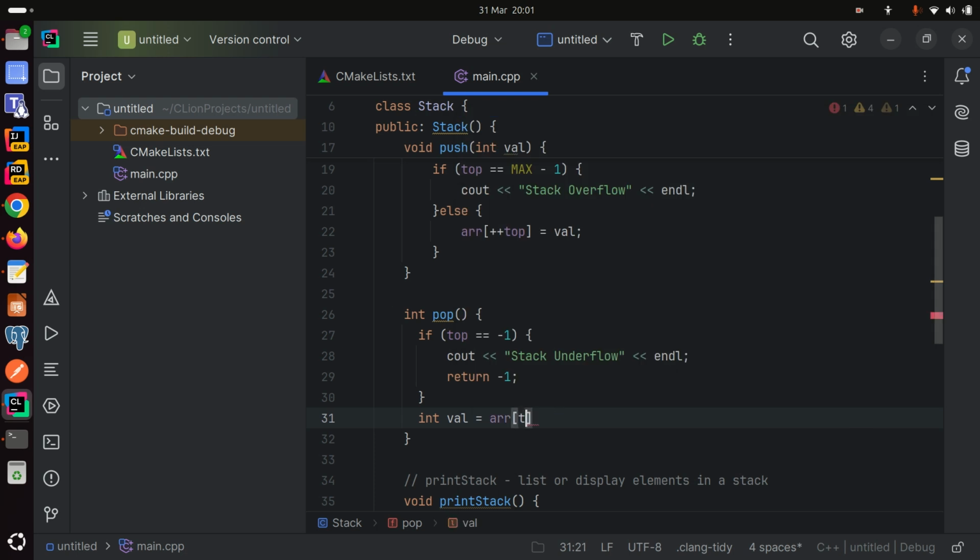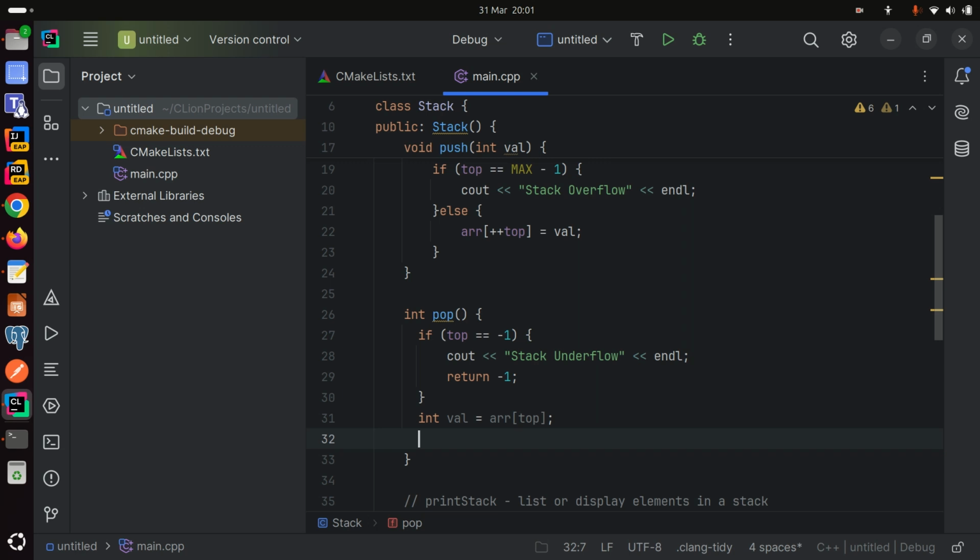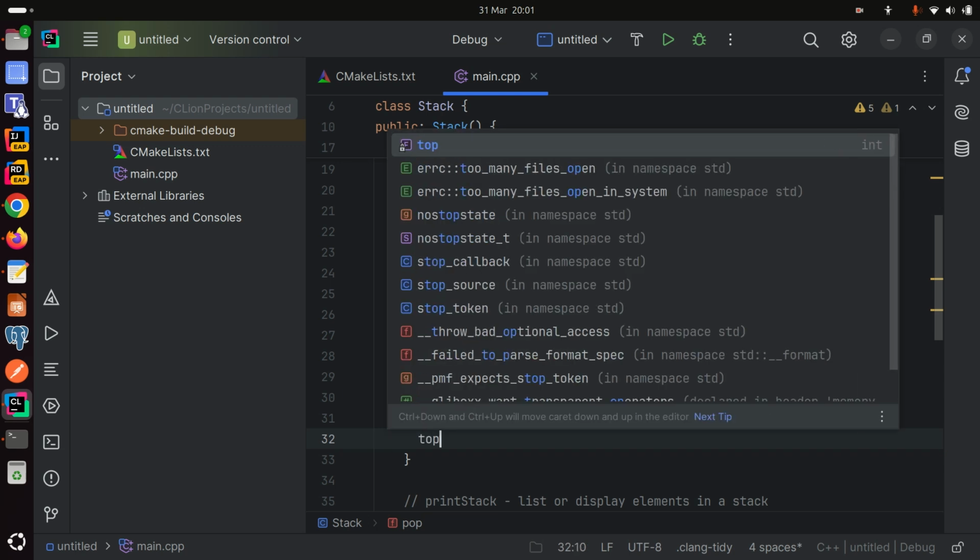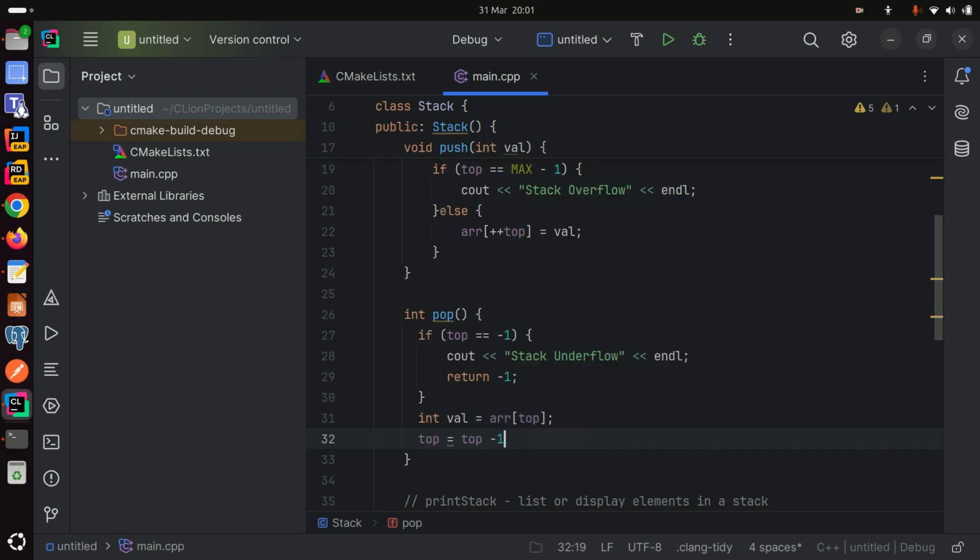So it is array[top], and after that we can decrement. Remember, if the topmost is at index 4, when you pop, it is not going to be the topmost. Now the topmost will be 3, so we have to decrement top by 1. So we shall say top equals top minus 1, and then we return the value that we've popped. Okay, so in this case we shall have completed our operation for popping, or for removing an element from